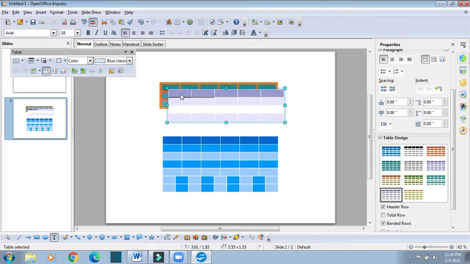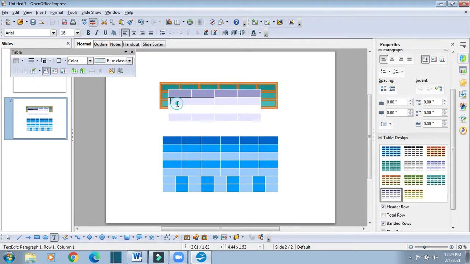Likewise, if I have clicked here in this cell, this is the active column, so I can delete the column also. It is taking time. Okay, you can see this column we can delete. I will just click here and it will delete the selected column. This column got deleted.